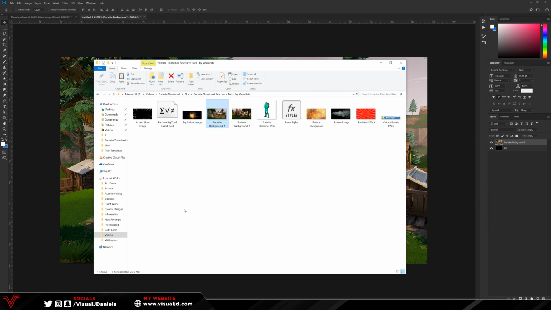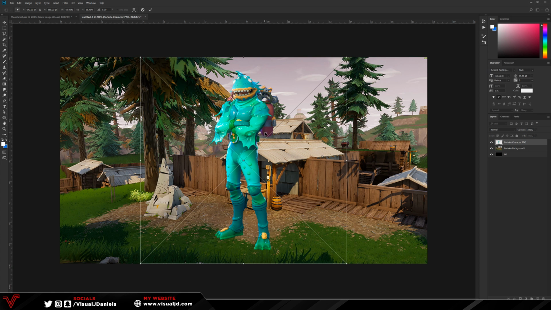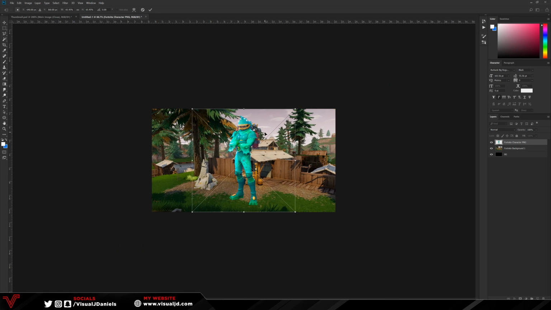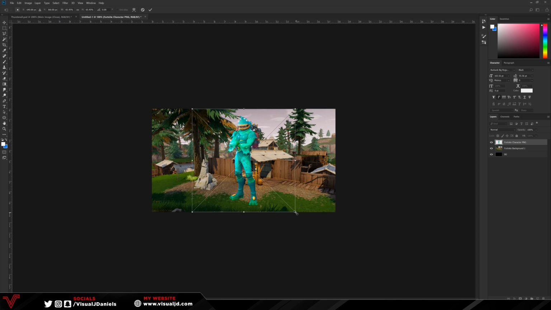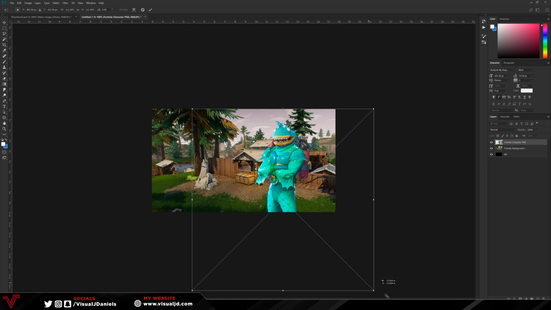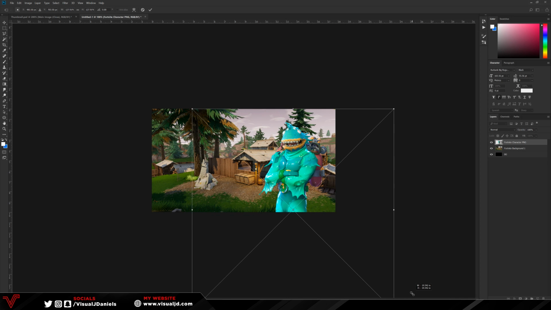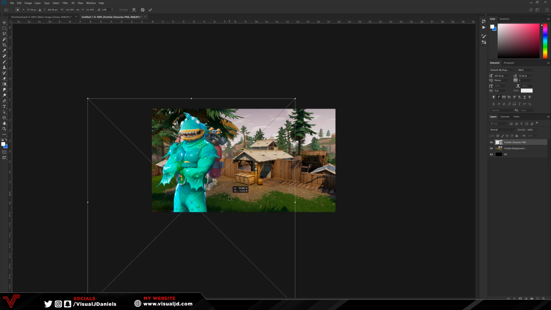You want to go ahead and add your character into the background. So if we open up the pack, as you guys can see, I left the PNG of the character that I used, which is one of the new characters inside Fortnite. So I'm going to press Control minus to zoom out of the document a little, and I'm going to press, as you can see, Control-T on my keyboard to actually highlight this and be able to change the size. And now if you hold down Shift, you can increase the size using your mouse. So I'm going to make this around about this size,